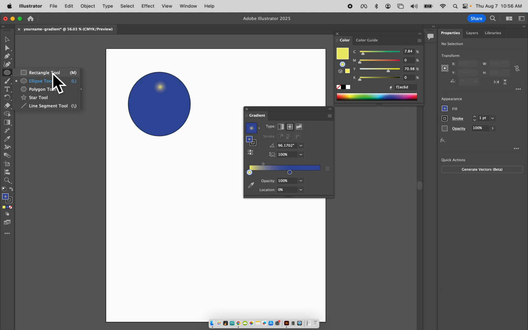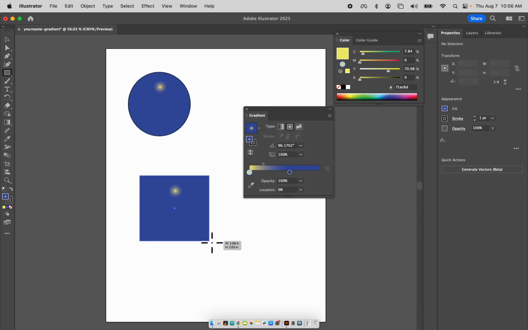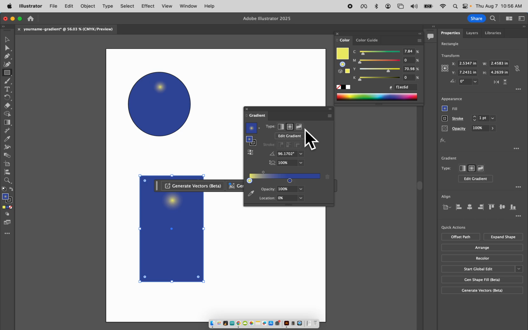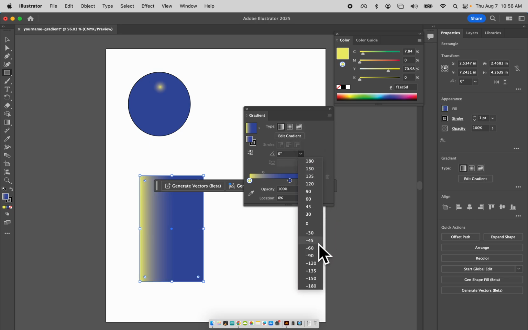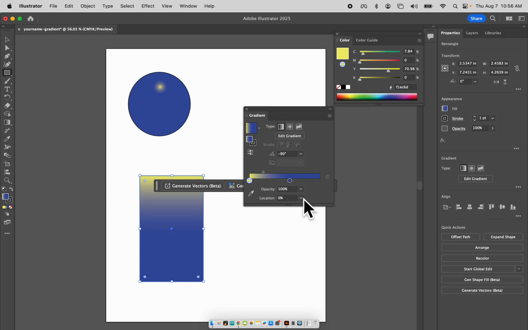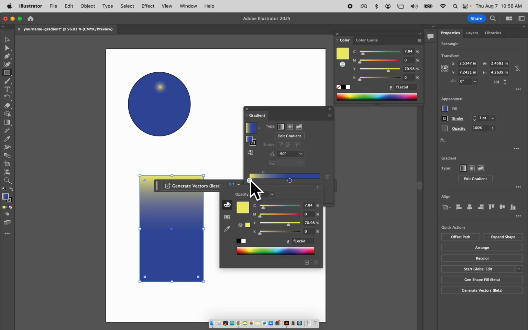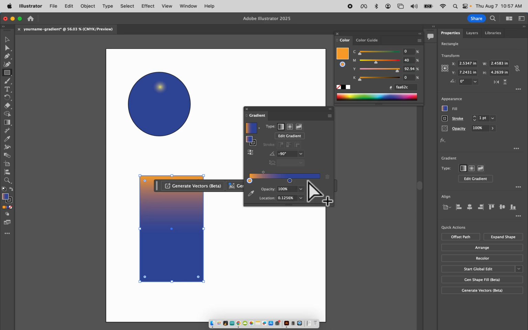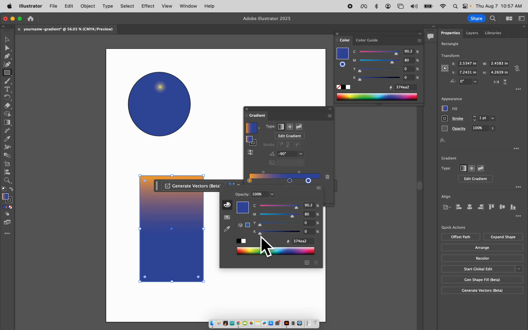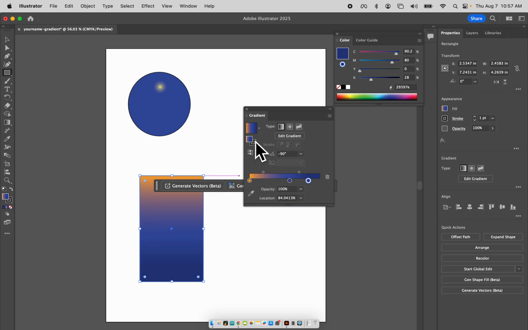I can do the same thing with a rectangle. I can draw a rectangle. This time I'm going to change the gradient to linear. I can change the angle, let's say 90 degrees, and I can choose different colors that I want for this. I can add additional colors just by clicking, and I can have these multiple colors. If I click on this,